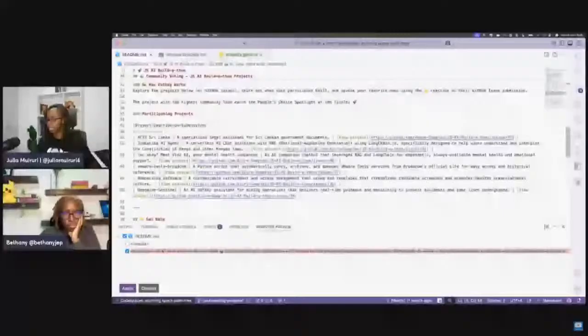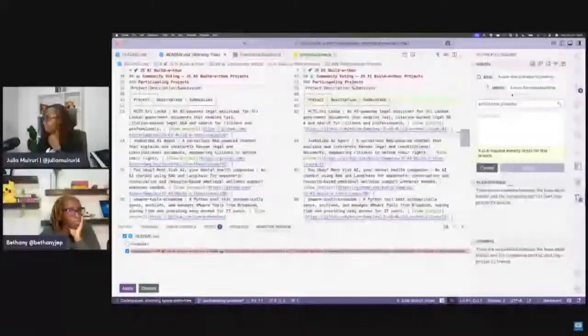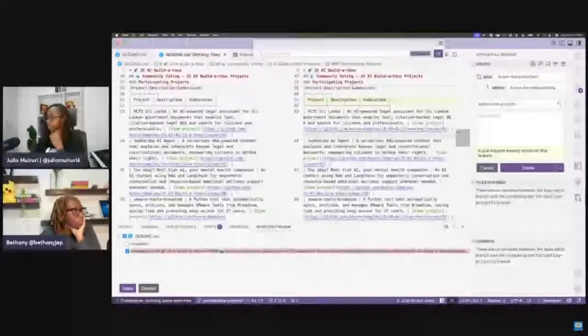I am going to commit that. I'm also going to open a pull request. And I am going to assign Bethany to merge this for us. And so you can see this will really free up some time for me, and I'm able to focus on something else. And basically, this is one of the use cases. This is how I am using GenAI script.